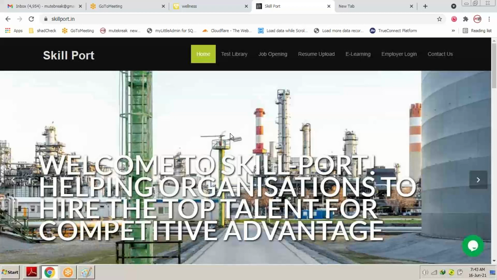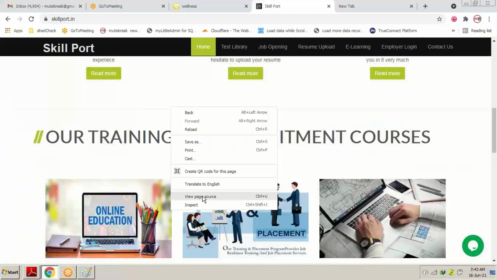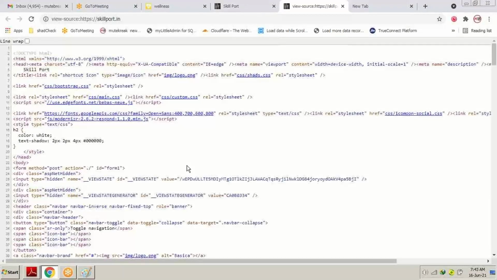Okay, so what you're going to see in the next tab is a number of scripts, some tags, some coding written. What does it denote? This is the main designing part of the page. This is the page, and to design this page we have used HTML, as well as images, as well as JavaScript also. Where JavaScript will be used, I will be showing you on the next page.